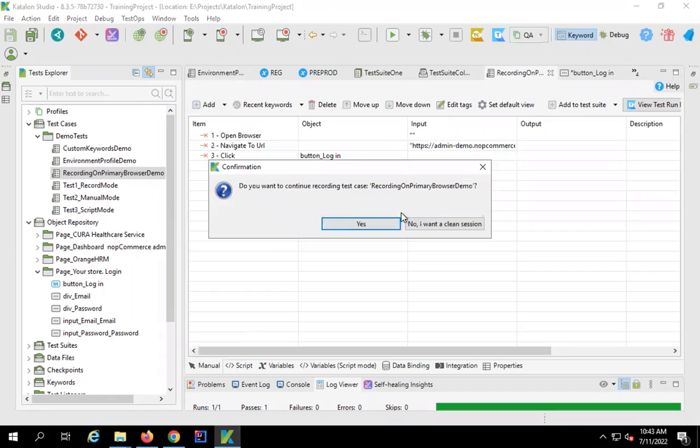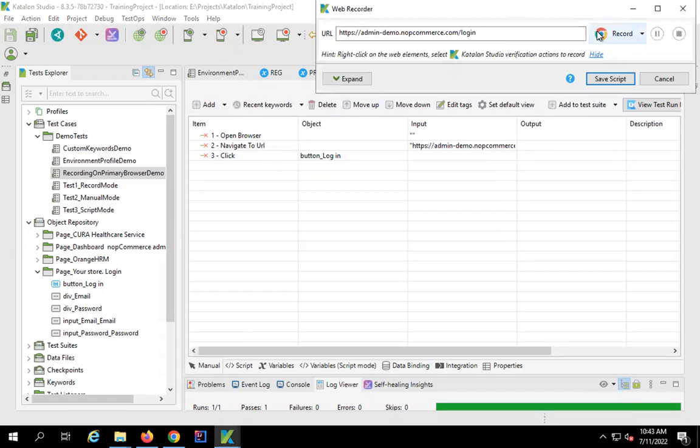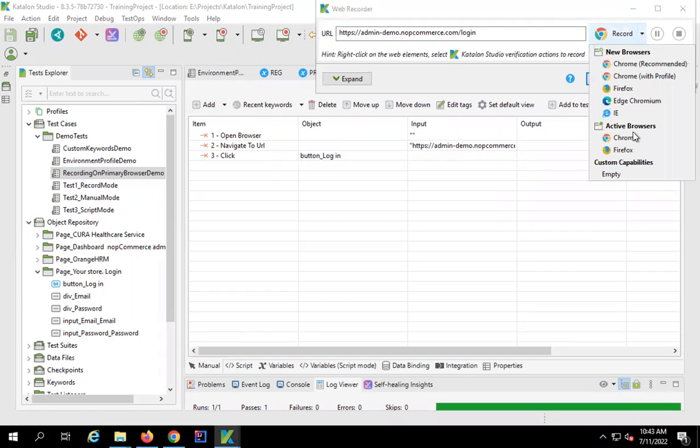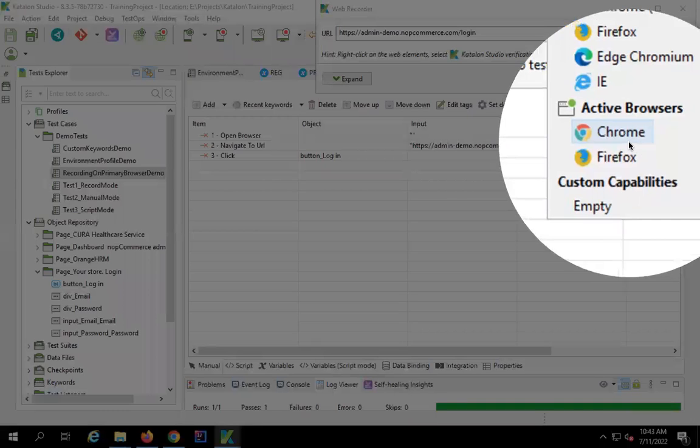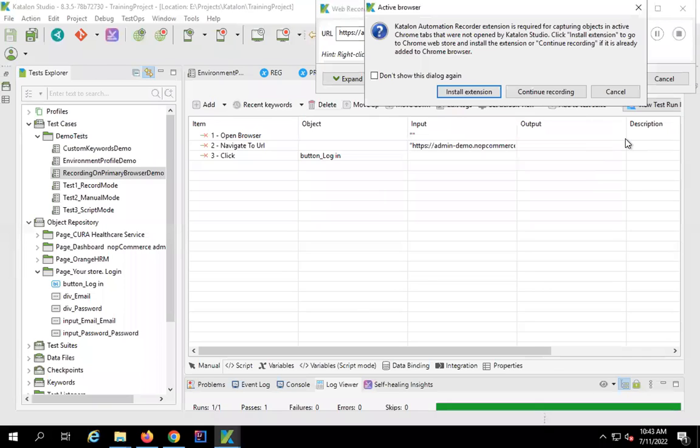It says, do you want to continue recording? I will say yes. And here in the web recorder window, I will not click here. I will go to this drop down, and you can see we have two options under active browser. We have Chrome and Firefox, and these are the two primary system browsers that we can use. So I will select Chrome, and it says that